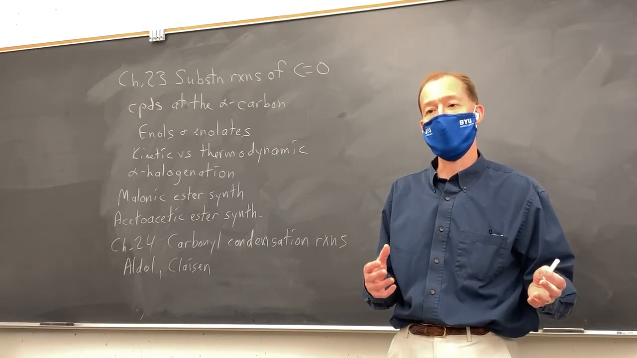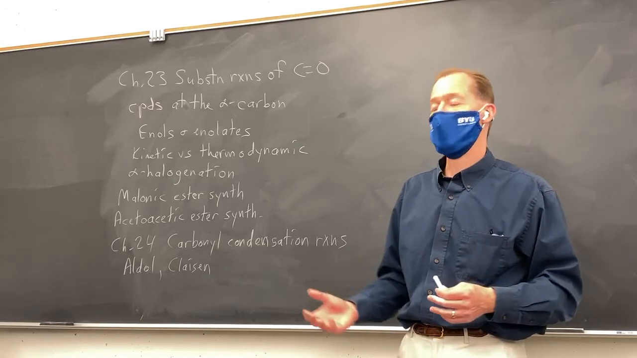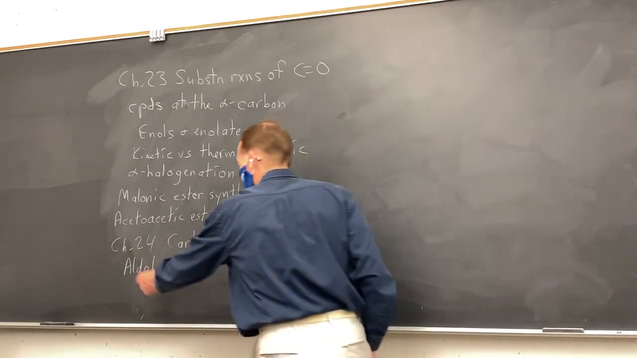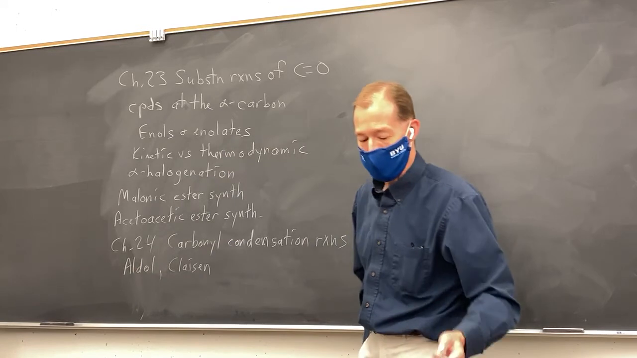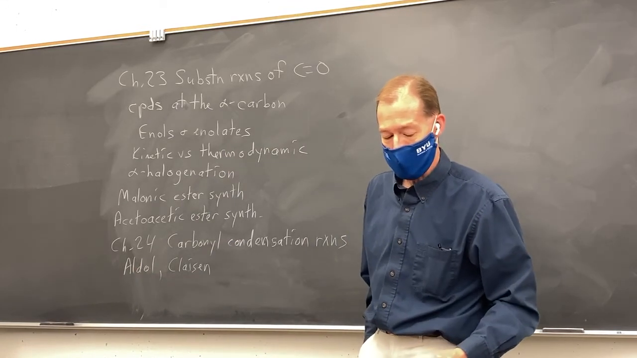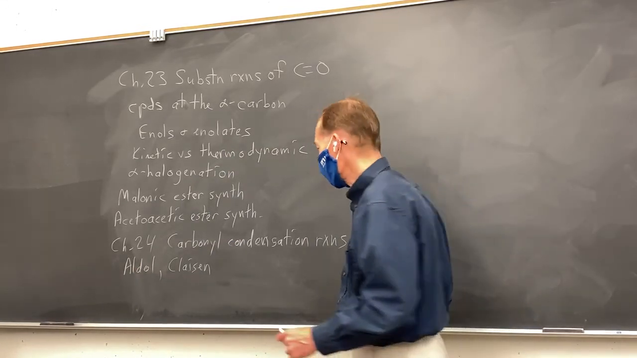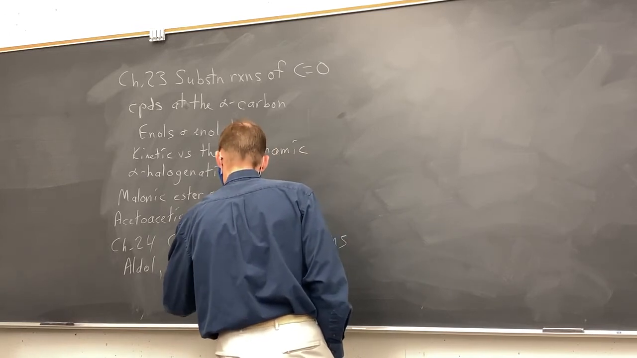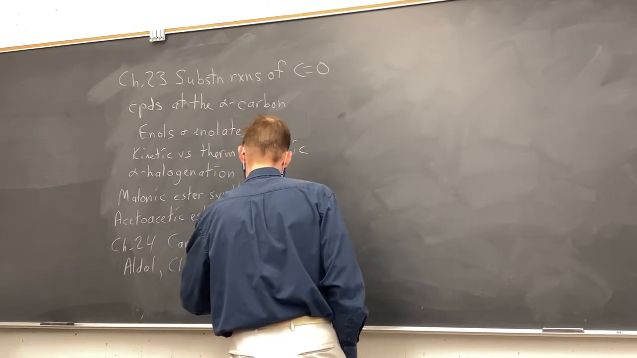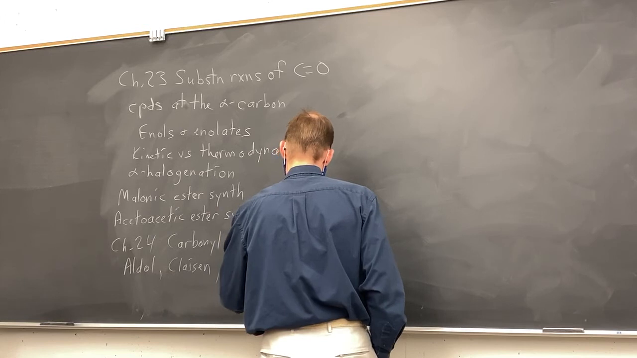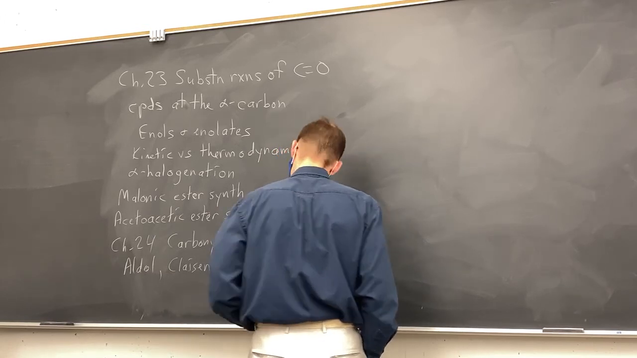And the same is true for the retroaldol and the retroclaisen. So distinguishing between aldol reactions and Claisen reactions is important. And then the other 2 named reactions we had here were the Michael reaction and the Robinson annulation. Okay, so